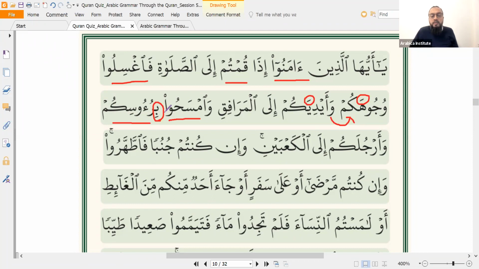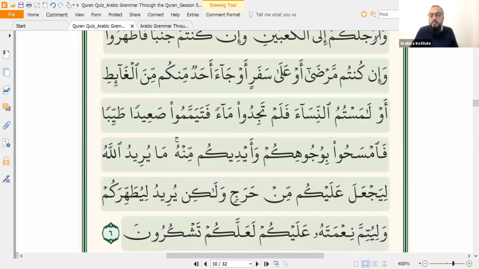And so can you see there is rahma in that disagreement? This ba isn't there by mistake. Allah could have said wamsahu ru'usakum, knowing fully well that the ulama will disagree on the meaning of the ba. This is the verse, right? So it's not a mistake. If anybody believes this is a mistake, then they are not a believer. We have to believe this is Allah's word. The ba is part of Allah's word, and Allah knows that Muslims will disagree on the meaning of this ba, and therefore have different rulings in relation to wudu. And so it must follow that the madhabs were intended by Allah. They're not a mistake.